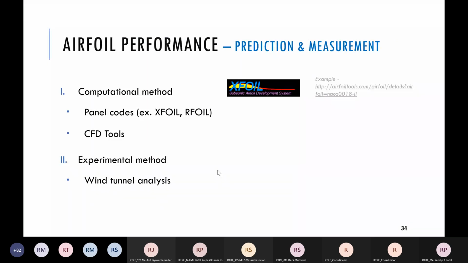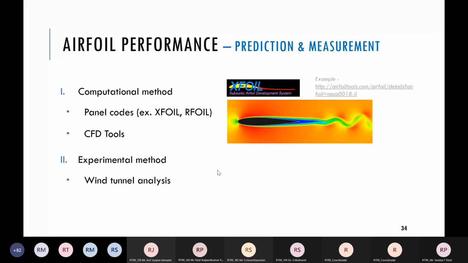So these are the computational tools freely available. Another thing is you can go for CFD analysis. We'll discuss it in detail for the whole rotor part, but another way of doing it is CFD tools, but